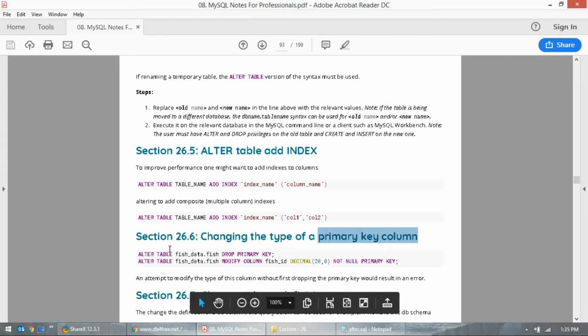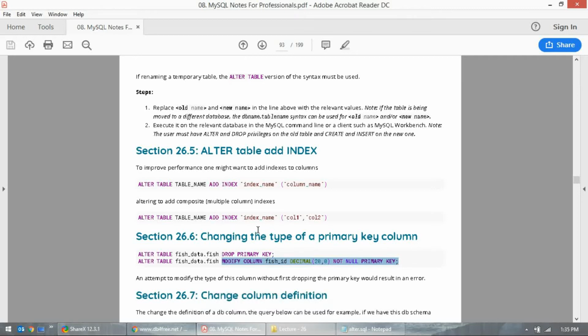Yeah, we know alter table. You can use alter table and drop primary key and then modify that column. So we know this one, right? We can change anything we want in that. Here we are not worrying about data. We are just trying to manipulate the table columns and trying to get the primary key or foreign key or whatever you want to do.